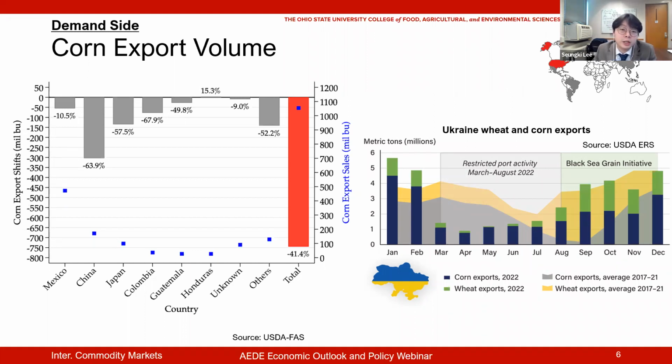And when you look at the navy bar, which is indicating the corn exports in 2022, this is actually getting pretty close to the 5-year average. So when you compare the navy bar with the gray area, you can see it is pretty close to their 5-year average, meaning that even though Ukraine had a big shock and they initially had a big issue